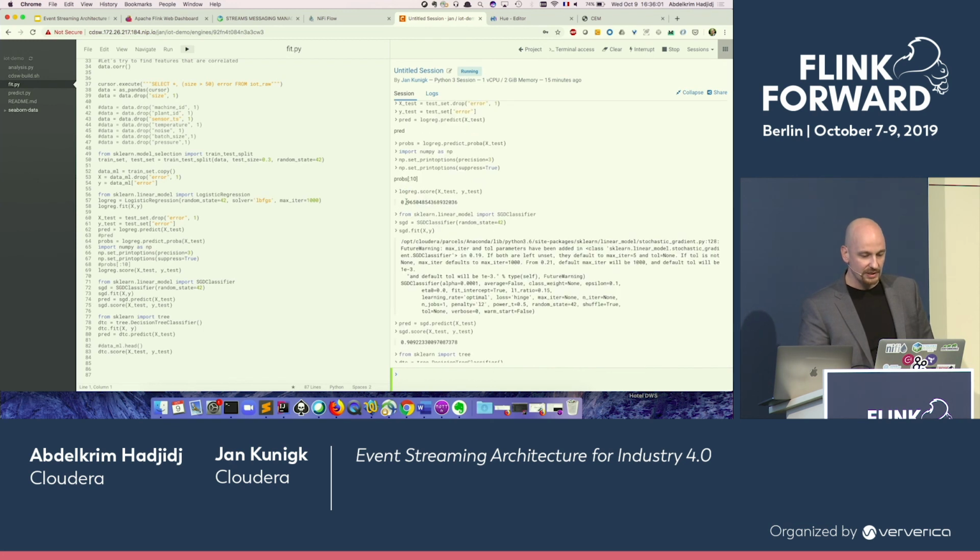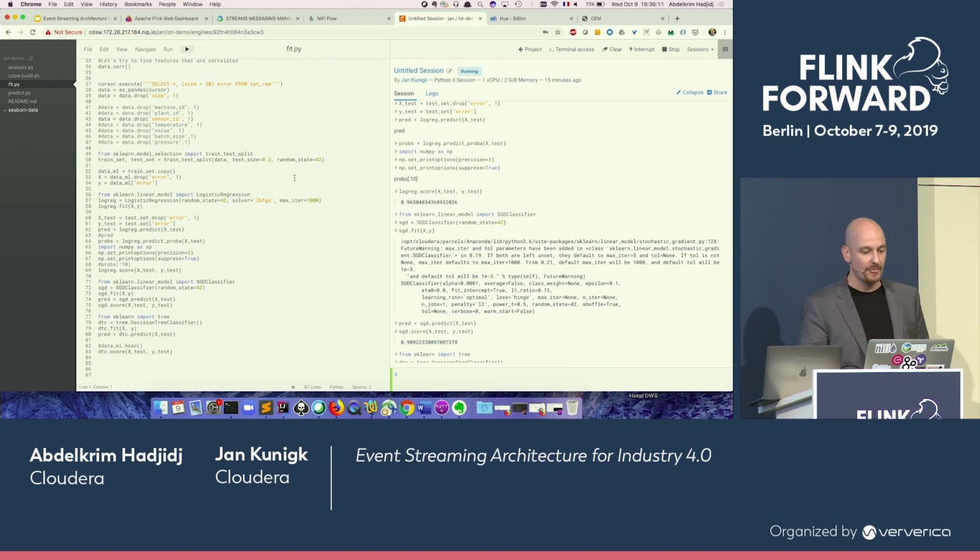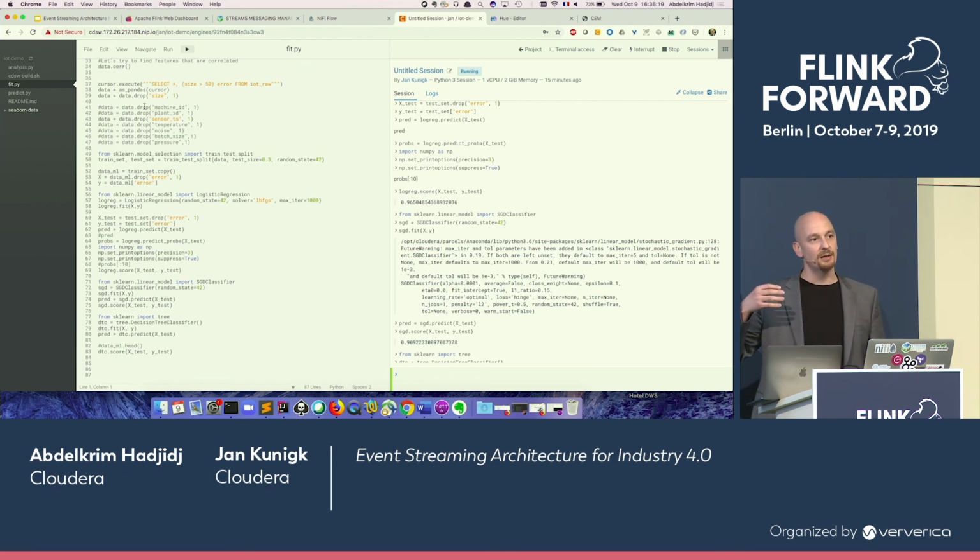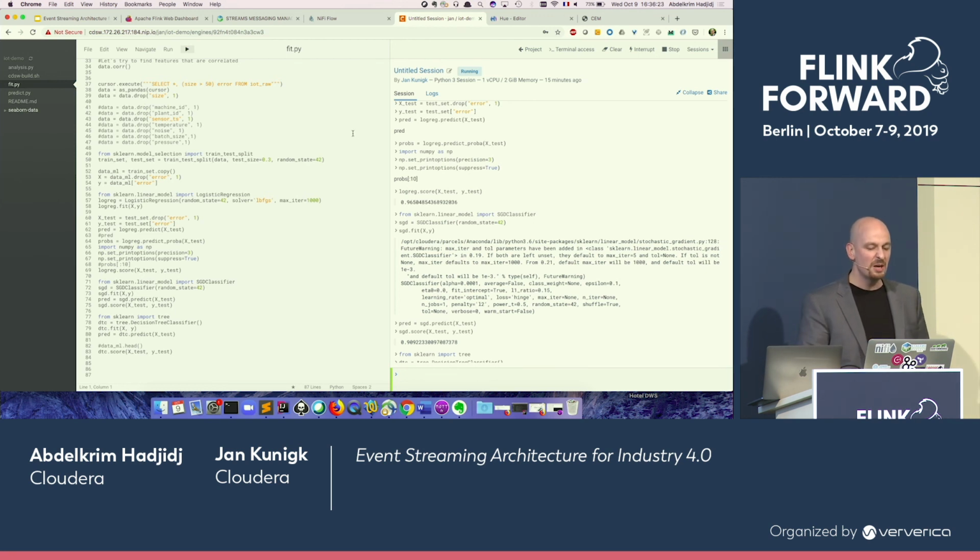We can see here, if we do a simple logistic regression, we get a 96% score. That means with those features that we have selected here, which is a bunch of them, we have a pretty high precision for this model. So without actually knowing whether this was an error or not, just based on the sensor readings prior in the manufacturing pipeline, we pretty much know we can predict with a very high likelihood that this part is going to be an error.